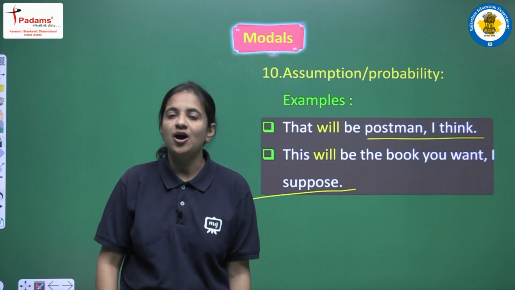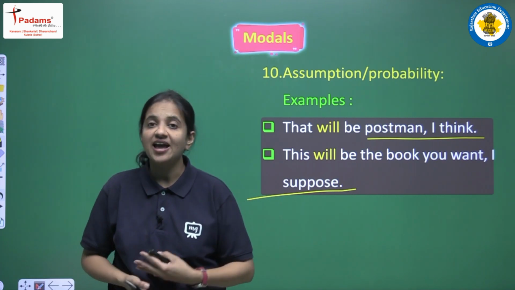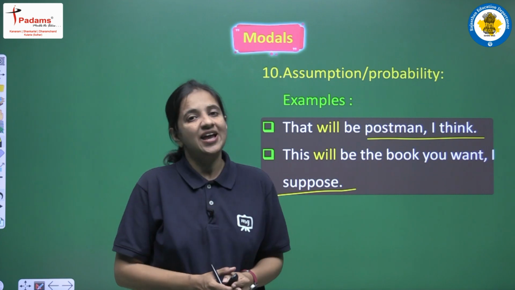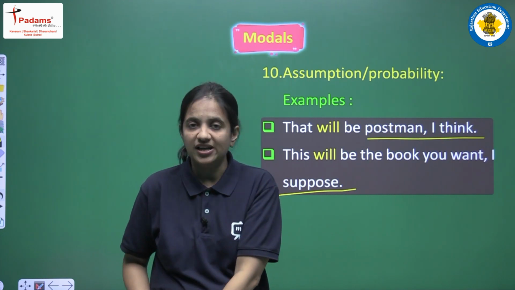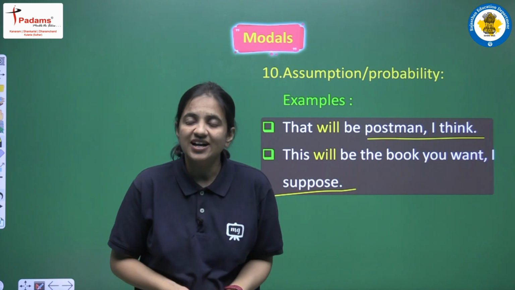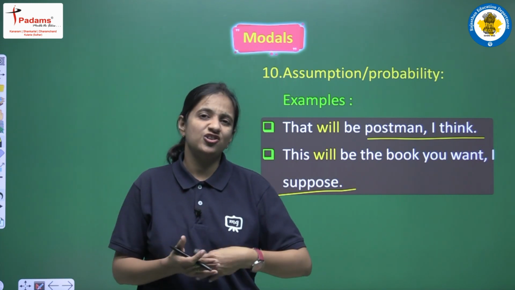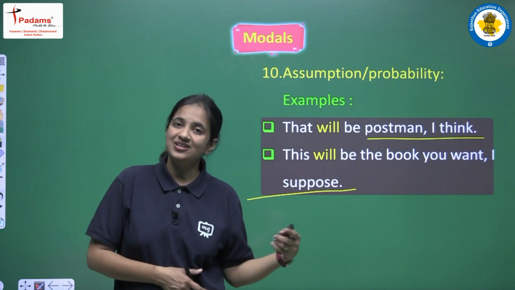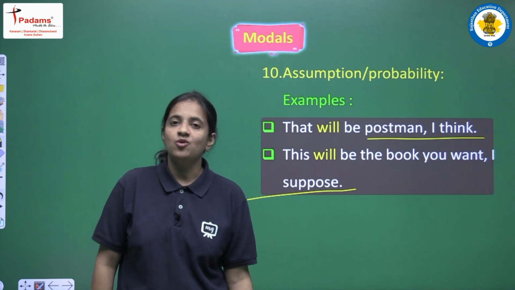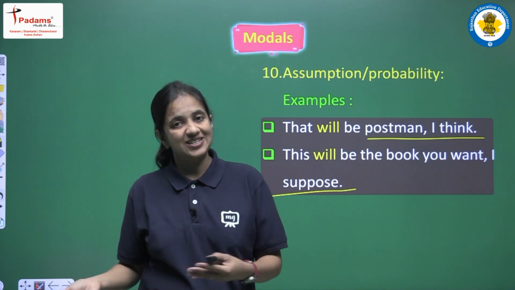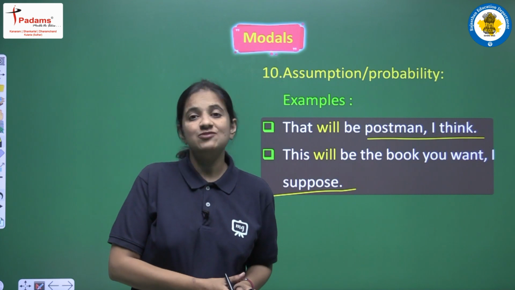So this is all about will and shall. They are helping verbs and also modal auxiliaries, and when they are used as modals, these are the different uses. The most important uses are to show determination and resolution, right, and all the different uses we have discussed. So yes, in modals we have 13 modals. Some of the modals we have discussed in this video, and the rest of the modals we will cover in our next video.